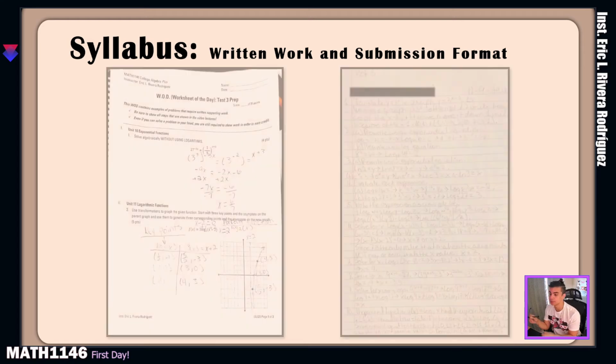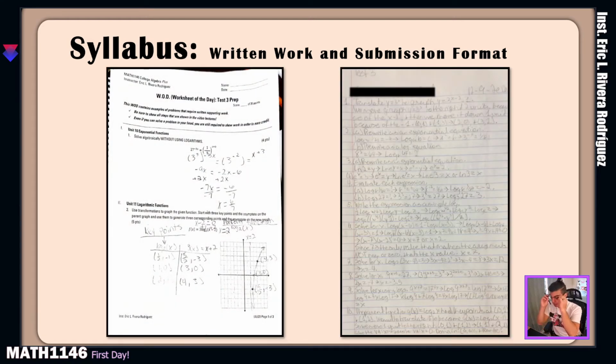Okay, let's continue. These two examples are samples. This one on the right is completely incorrect. I cannot read through that. I do not understand what's happening there. So that is a 0% grade. On the other side, on the left side, this one is acceptable, but it could be better. The first exercise, this is completely okay. I can follow it. Even though there is no circle on the final answer, I can follow that part.